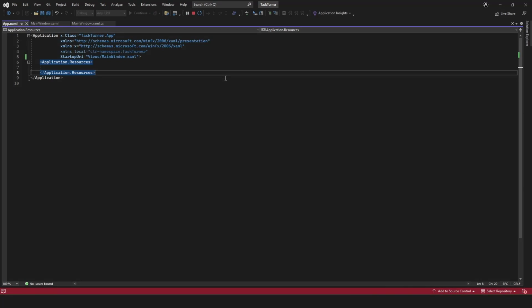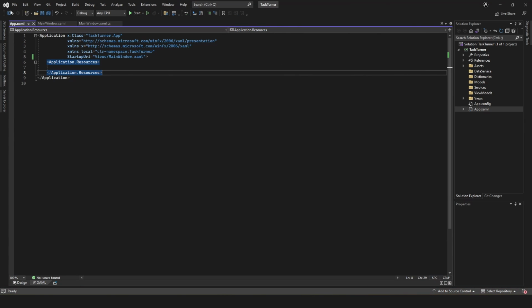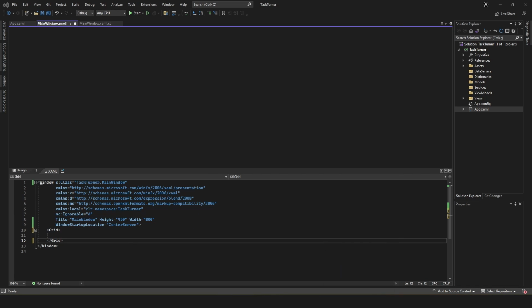Just give the application a run just to make sure everything's working all right. Did you see how the window actually started up here? I want to change that and type in window startup location and just put center screen. If we go back to our Figma